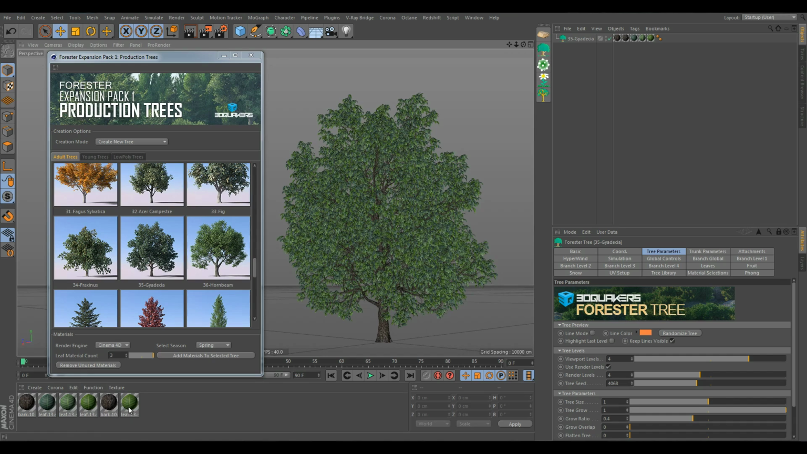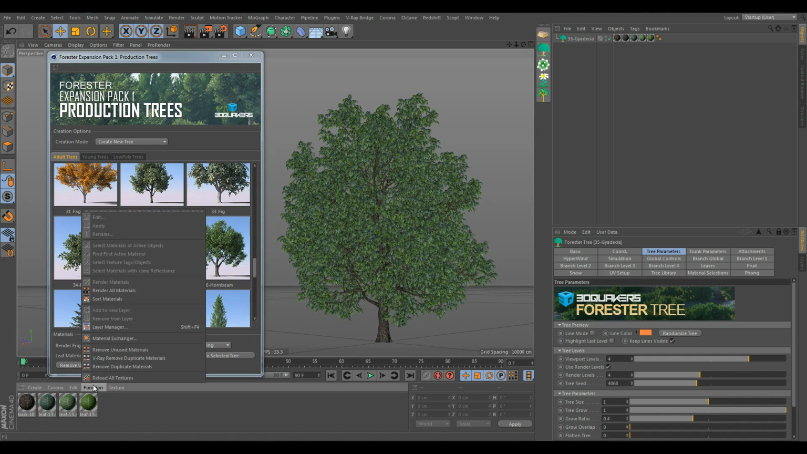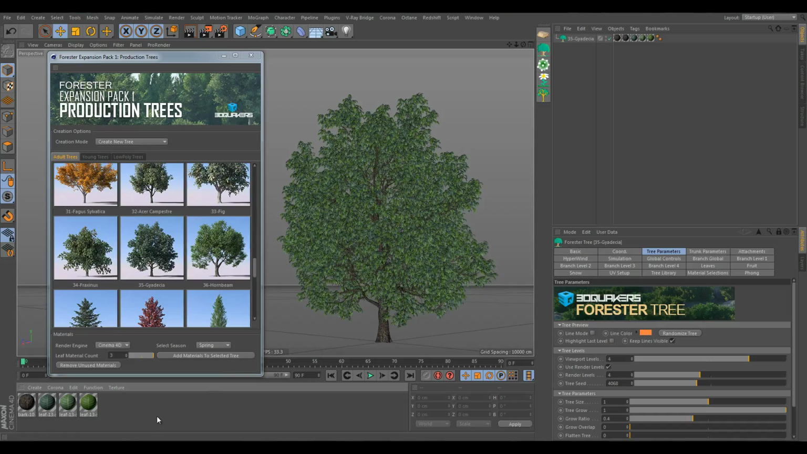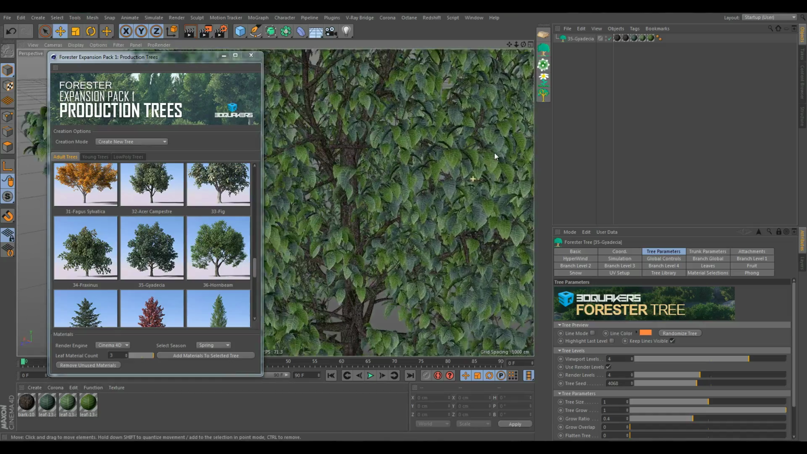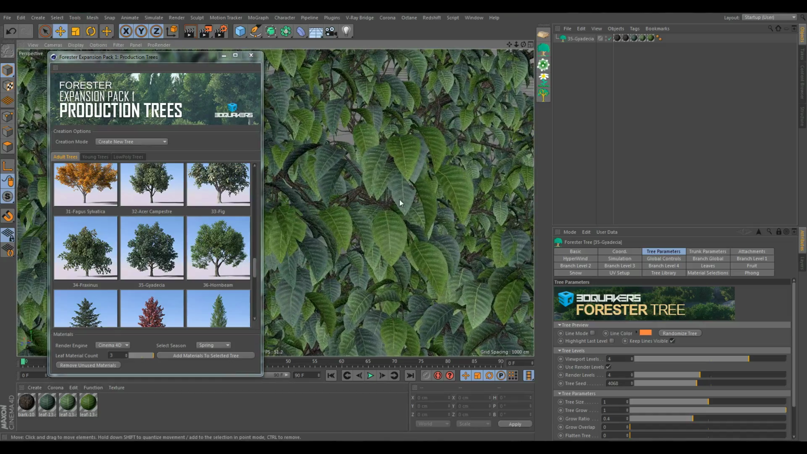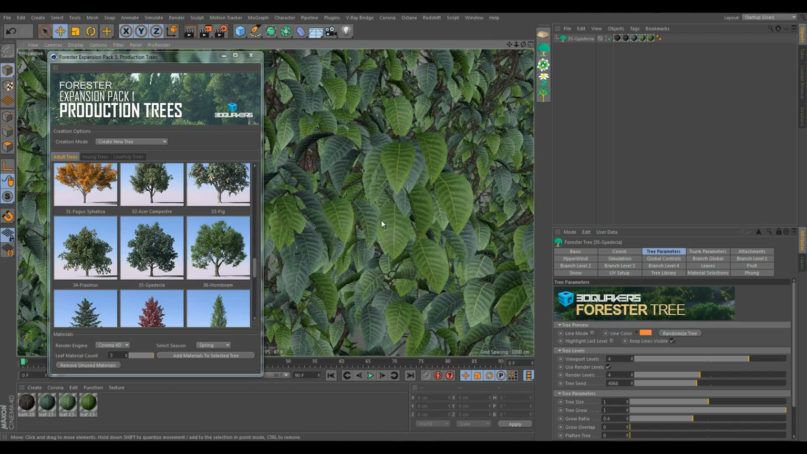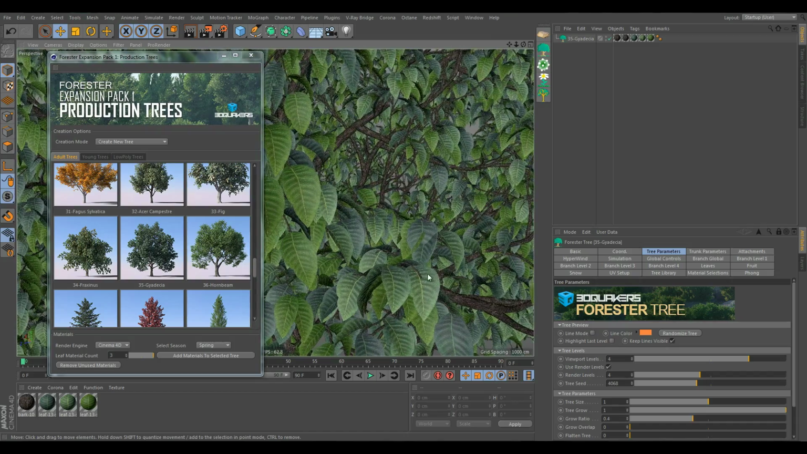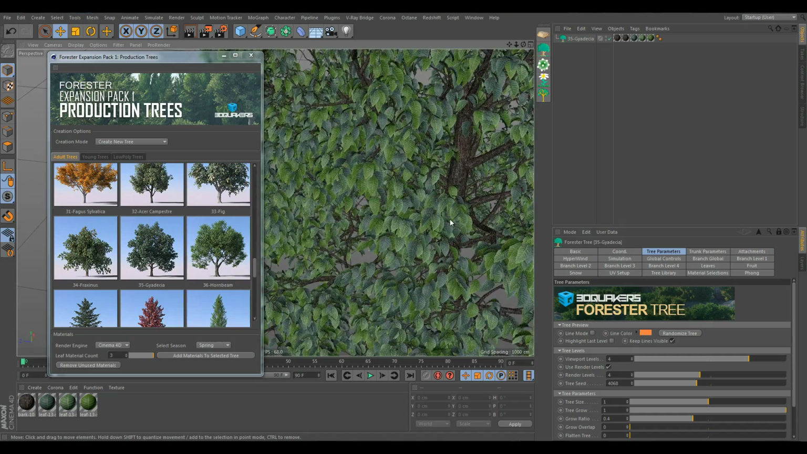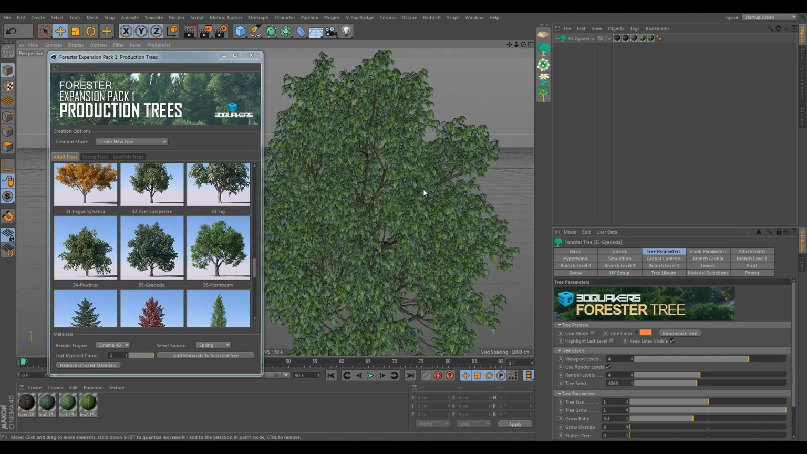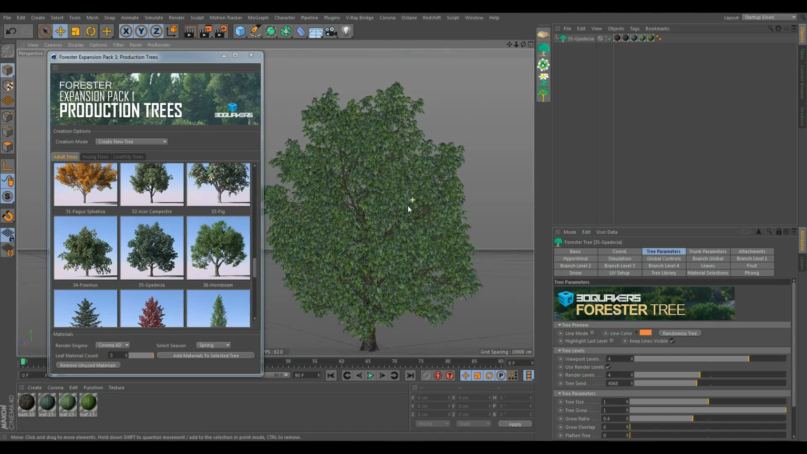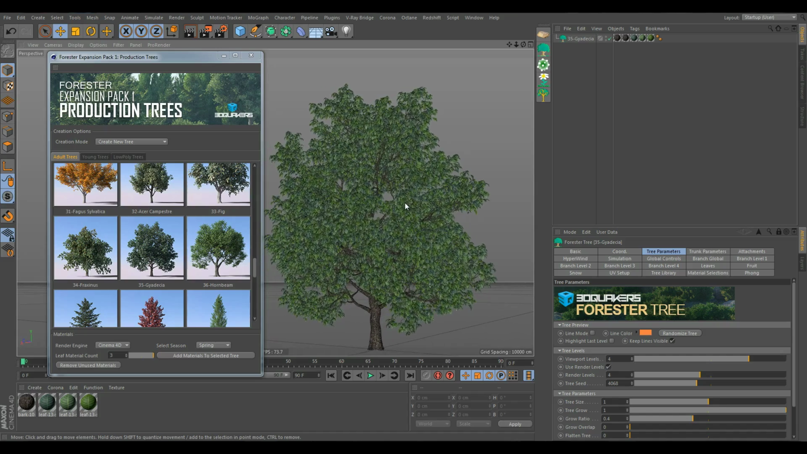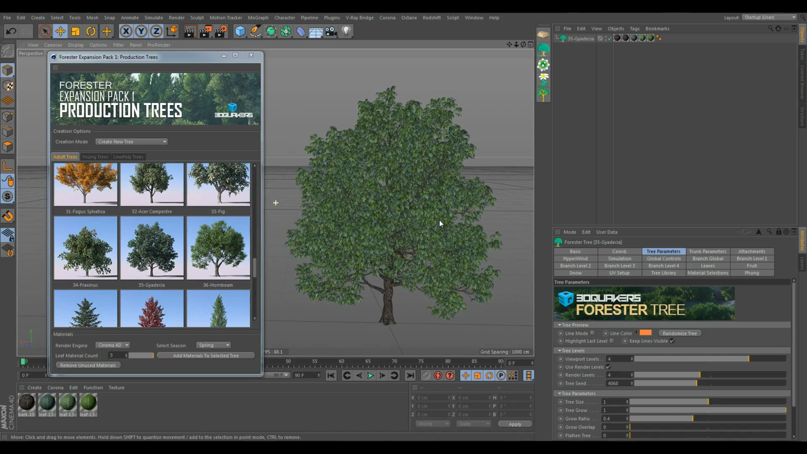If we don't want to see those materials, we can click on remove unused materials. This is the same function as remove unused materials from here. So now if we zoom in, we see that the tree has 3 different colors for the texture of the leaves. And this happens automatically. The user does not have to dig and browse for texture colors to vary the color